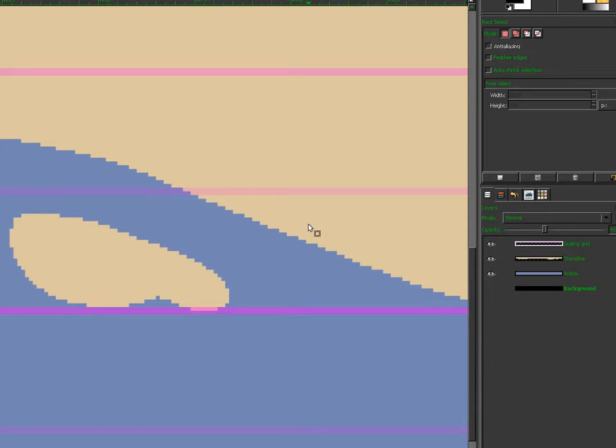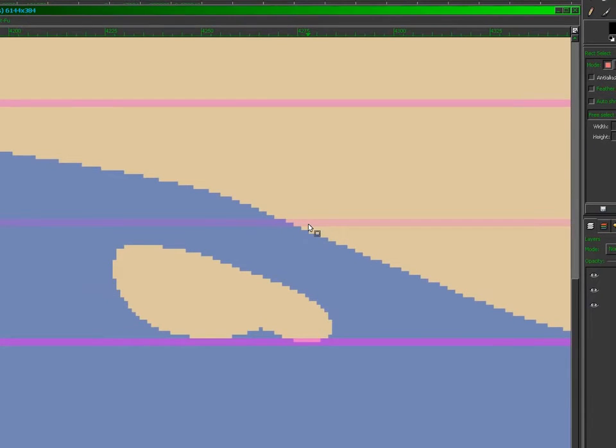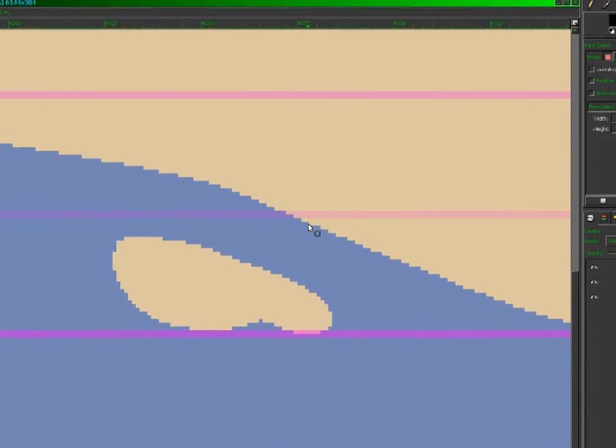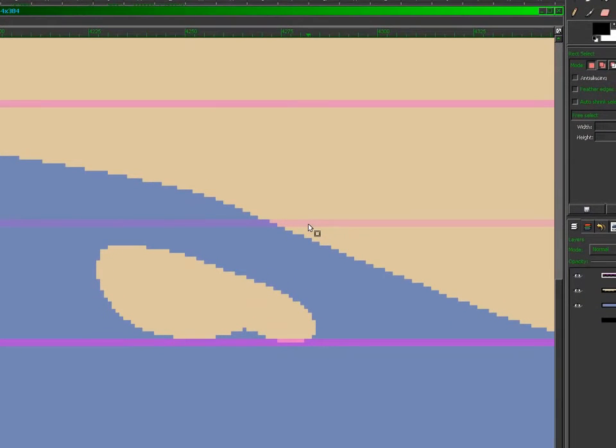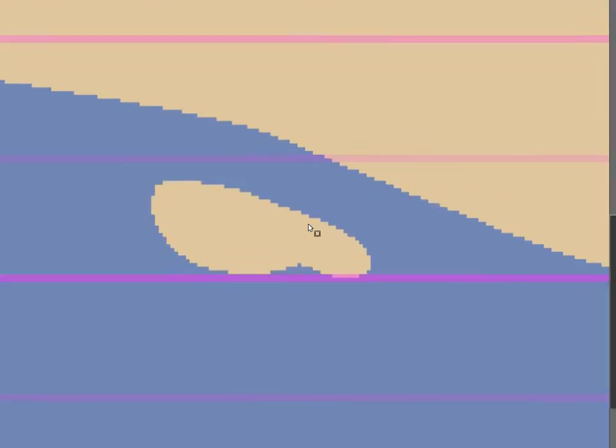Otherwise, as is, the shoreline is pretty much going to be the same everywhere. As in, from here to here, it's going to be all sand. Same thing here to here, all sand. From here to here, all sand. The only way to increase the amount of sand in certain places to get wider sandy beaches is to